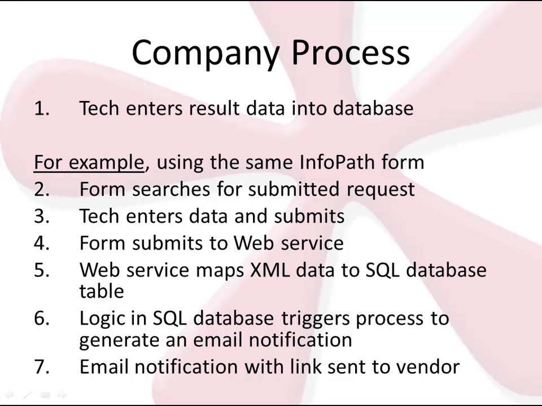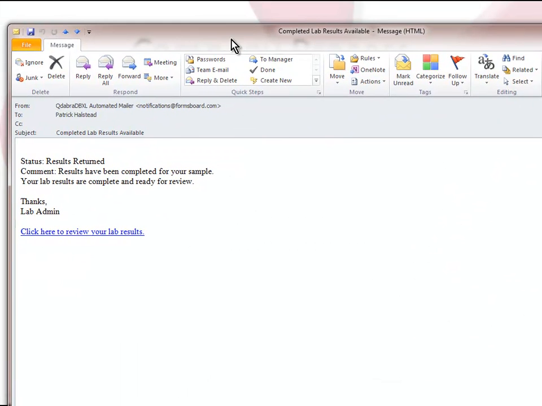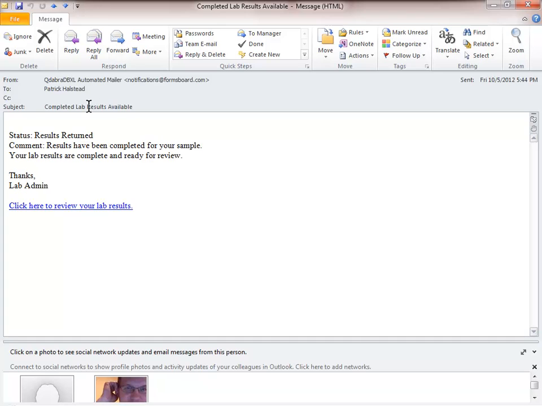Okay, so back with the vendor now. The vendor is going to receive an email, and you can see I just got this email. This email is from an automated mailer that's running on that Azure piece. So part of the solution that we're installing on Azure has a notification piece that sends an email to the vendor, in this case Qdabra, the spoke company, and it basically has some boilerplate text in it with a link